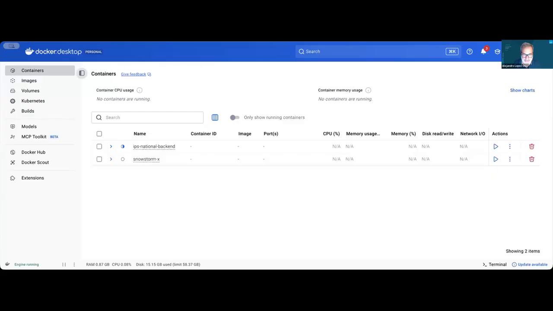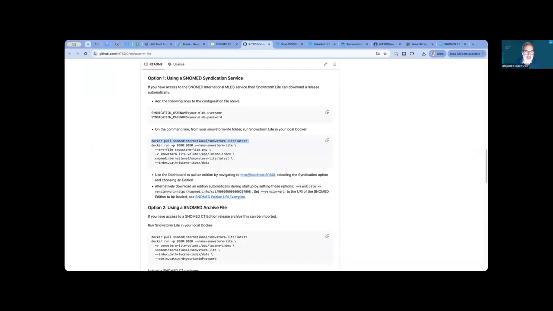So if we go back to the presentation, let me see here. These are the instructions about how to use the terminology server. Usually when we try to explain to someone how to use a terminology server, we used to have what we called a developer day, and we spent like 8 hours with software developers to show them how to use a terminology server. And this is something that is so quick that I can show it to you now if you want. That's what I will try to do now.